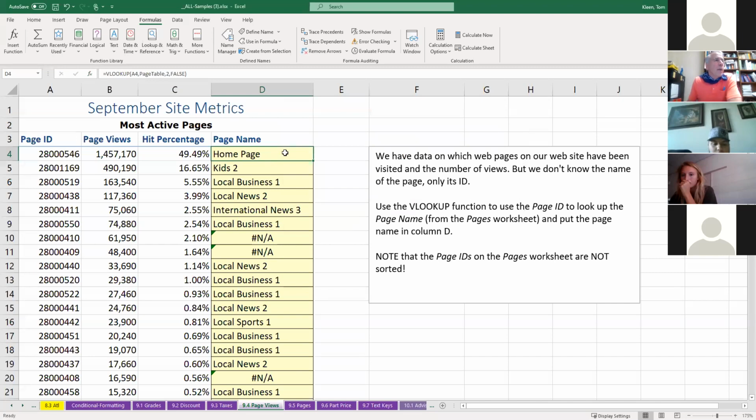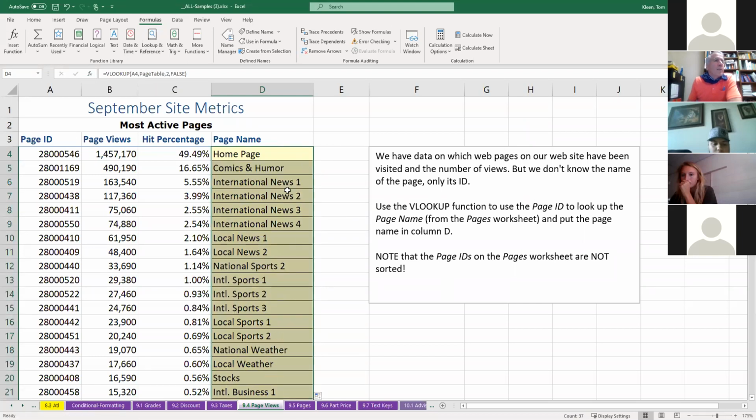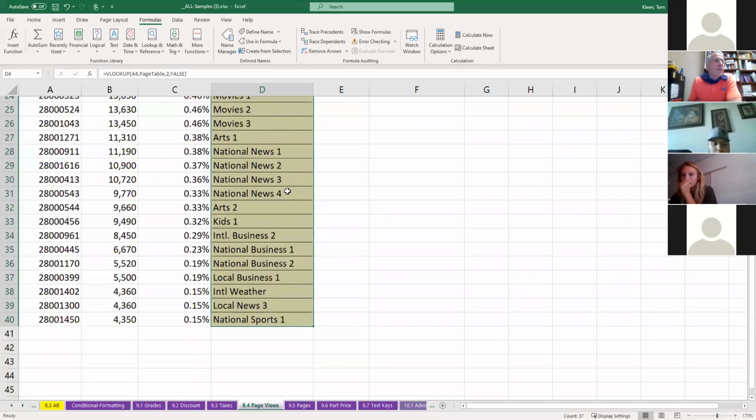That should be the first page on our list. And the other thing is, you notice I got local business one, local business one, local business one. That was hitting a lot of them, and that should only occur once as well. Now, if I go and get my fill handle here and I double click on it, as I scroll down,